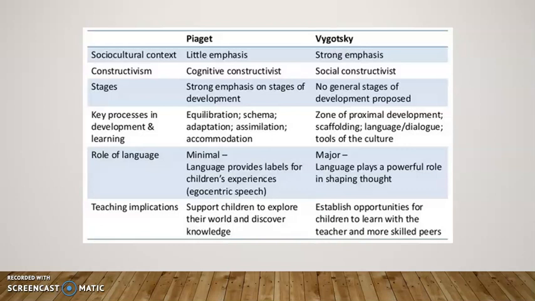So Vygotsky refers to the elementary mental functioning such as attention, sensation, perception, and memory. He places a lot of emphasis on culture affecting cognitive development. He also places considerably more emphasis on social factors contributing to cognitive development, as I said earlier. Also, a lot of emphasis on the role of language in cognitive development. And he also said that adults are an important source of cognitive development. So I'm going to talk about this in the next slide when we look at the zone of proximal development.